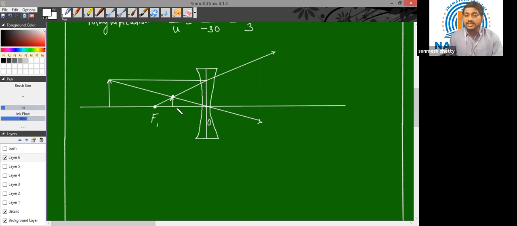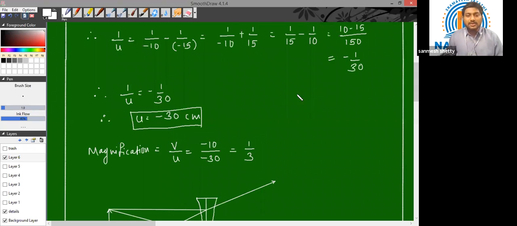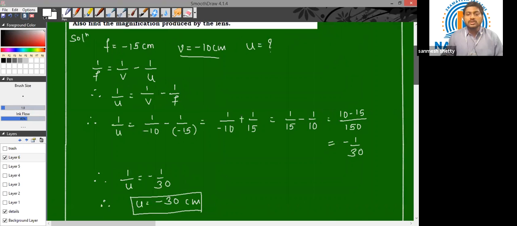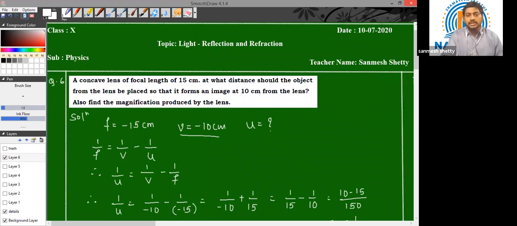Now the image is formed on the same side. Since both the rays don't actually meet at a point, they only appear to meet at that point, we can say that it is a virtual image, it is an erect image, and it is always a diminished image. So no matter where you keep an object, you are going to get the same result. Always the position of the image will be between F and O, which is also proved by our calculation. I hope all the solutions are clear to you all. Thank you, children. Thank you so much.